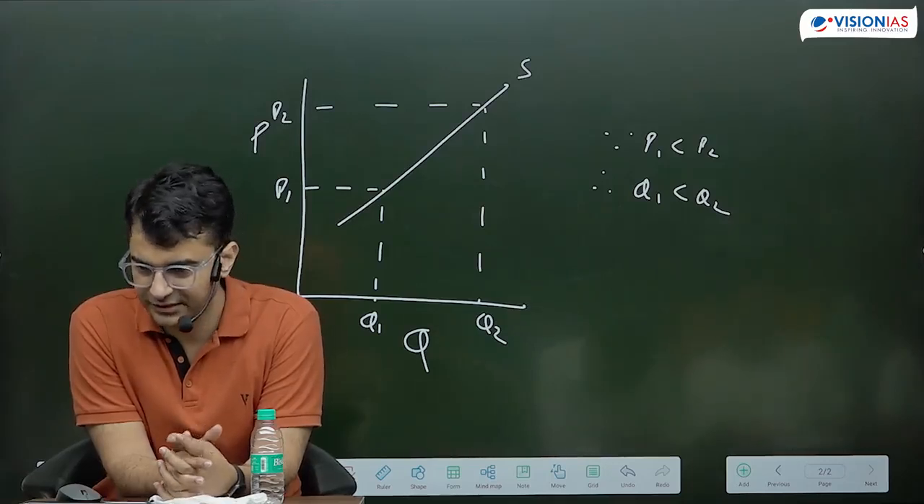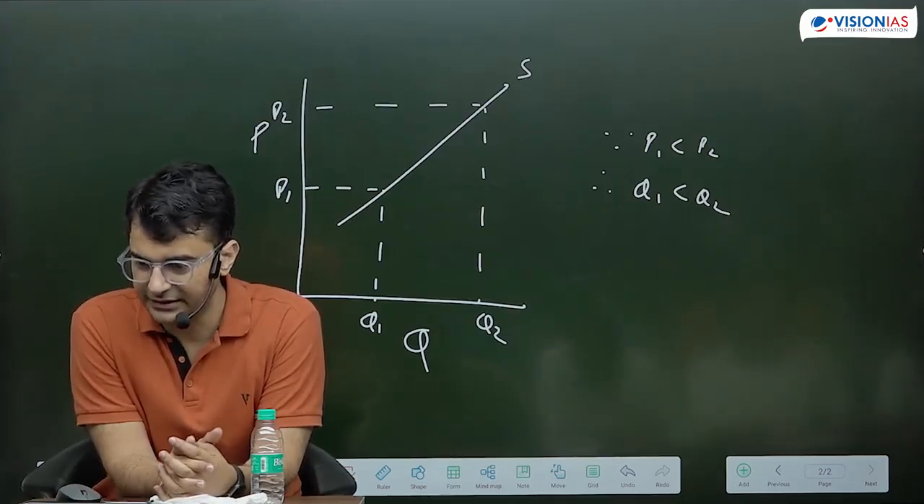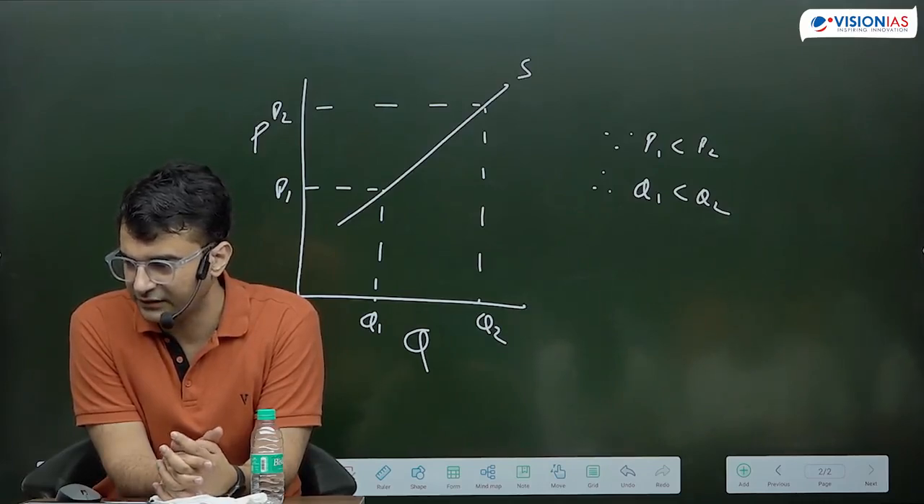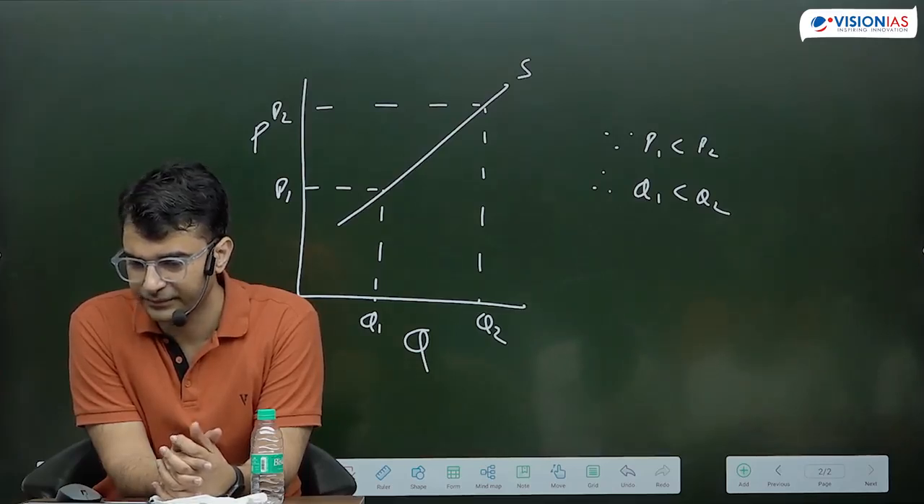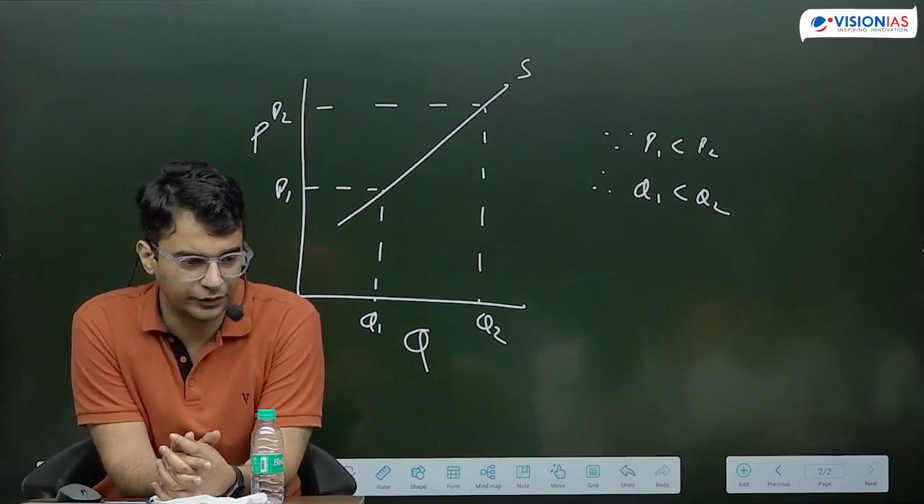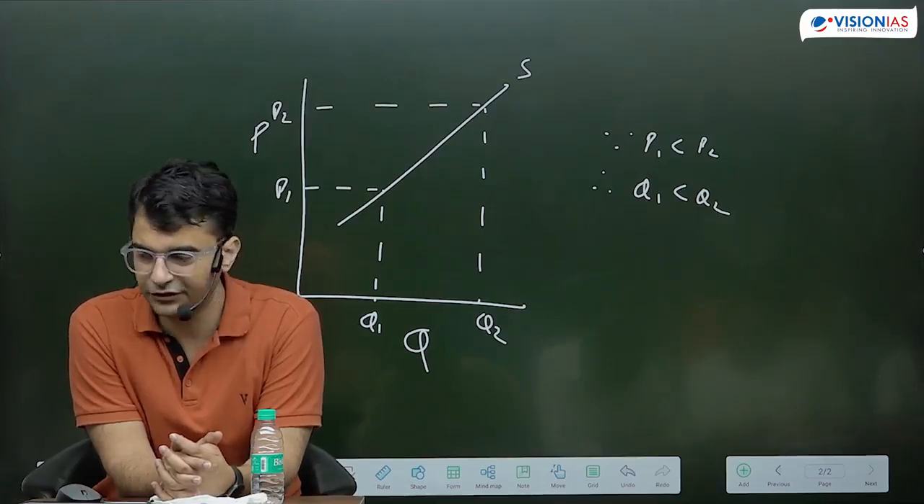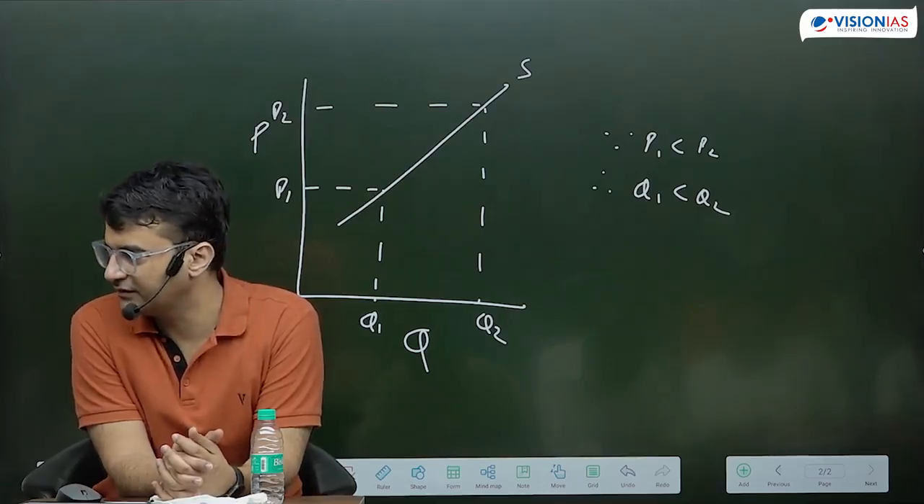Full stop. QS, that is the ability and willingness to produce a good, depends on factors such as